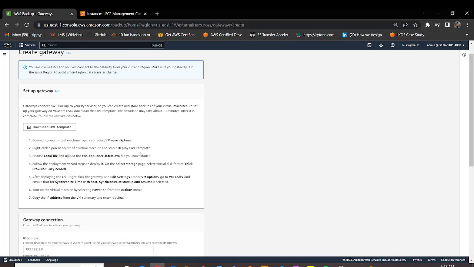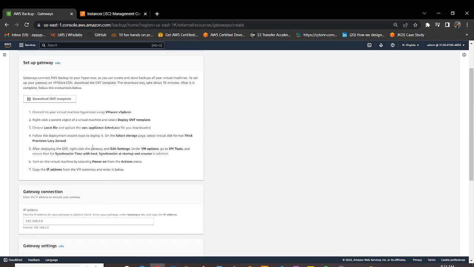So something to note is that unfortunately at the moment, AWS Backup only supports VMware. So it only supports VMware virtual machines. So if that's the environment that you're running on-prem, then you would need to download this template, set it up on your VMware machines, then you fill in